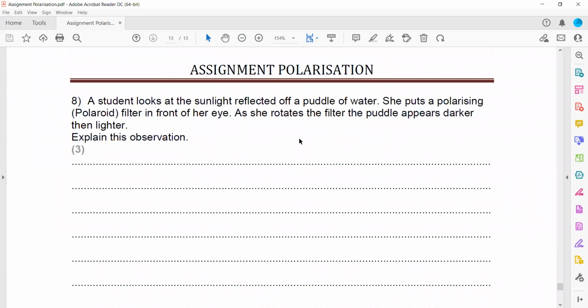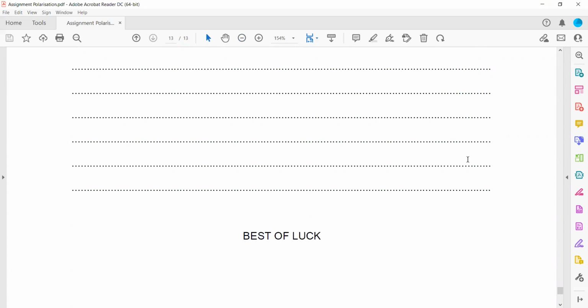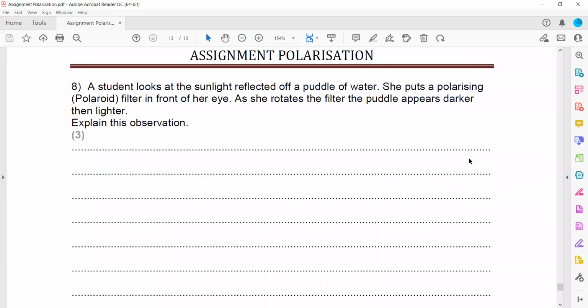Then question 8: a student looks at the sunlight reflected off a puddle of water. You can see similar questions are there. She puts a polarized filter in front of her eye. As she rotates the polarizing filter, the puddle appears to be dark then lighter. Explain this observation. So the student is observing the reflection from the puddle of water. The light which is coming from the sun